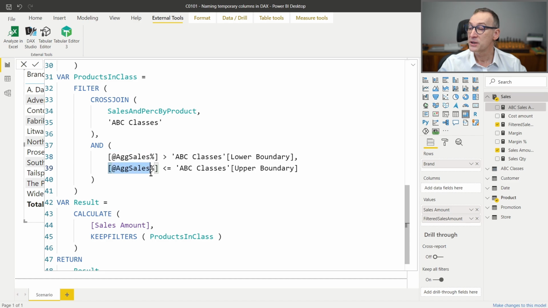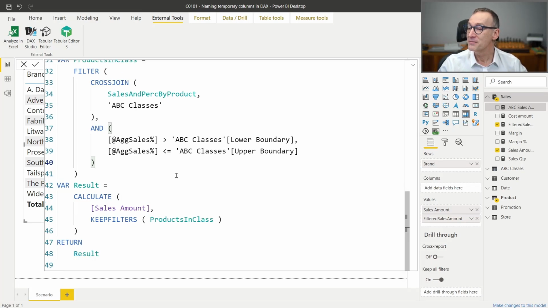I'm only referencing columns. It is important to be able to distinguish between columns and tables, columns and measures, because if you are using a column, no calculate is there, no context transition is happening. If you are using a measure, calculate is there, context transition is happening. So using this standard makes it easy to understand that this is a measure. This looks like a measure because it has no table name, but it is a column because it has the @ symbol in front of it.